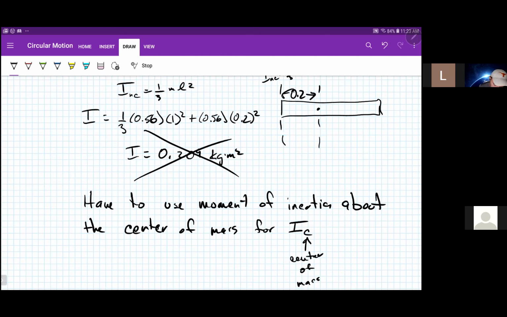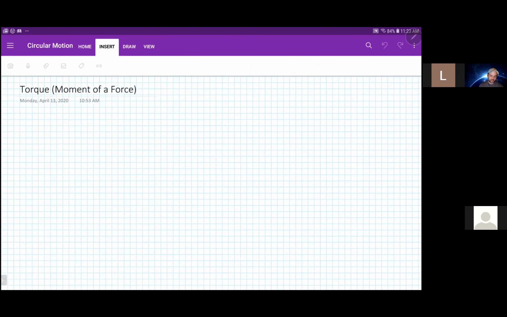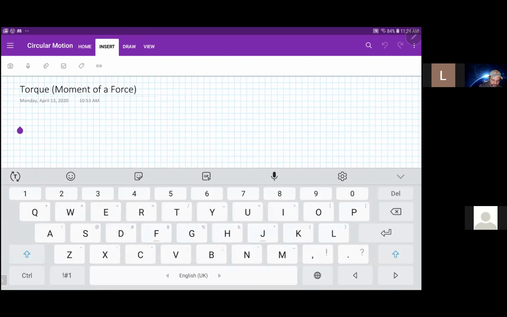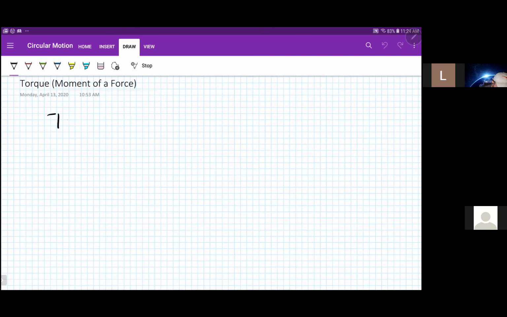Torque, not twerk, torque. Torque is a moment of a force. It's the result of applying a force to cause rotation, right? That's the point. Like a wrench, and that's the traditional classic example that we give. So, torque is the cross product